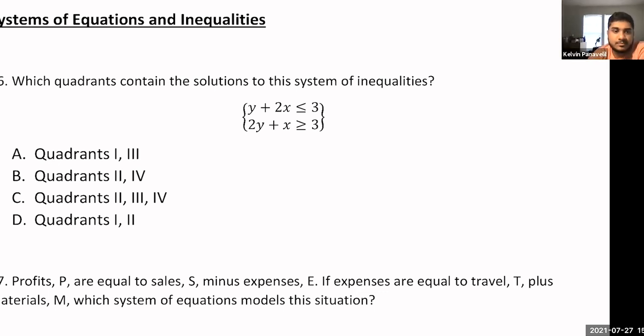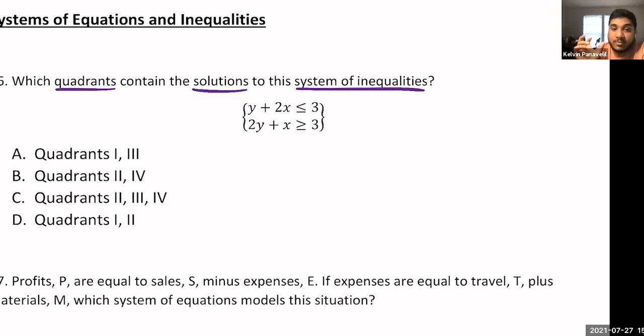Which quadrants contain the solutions to the system of inequalities? All right, perfect. So Christian, first of all, if it was two equations, a solution to a system of equations is where they intersect, right? The point of intersection. What about a solution when you're talking about a system of inequalities? How would you find the solution? Christian: Do you solve it the way you would solve two equations in a system, and then you shade? Beautiful. That's it, right?